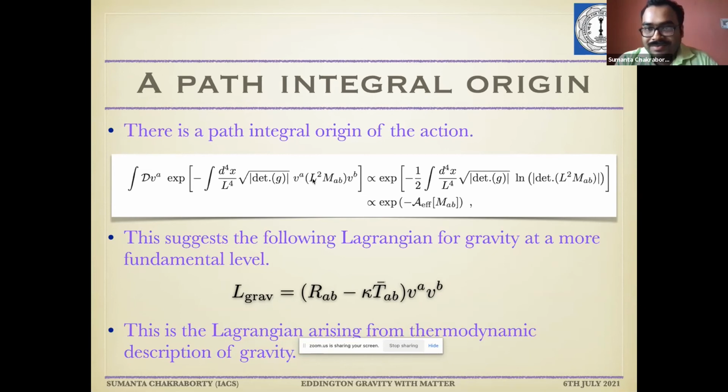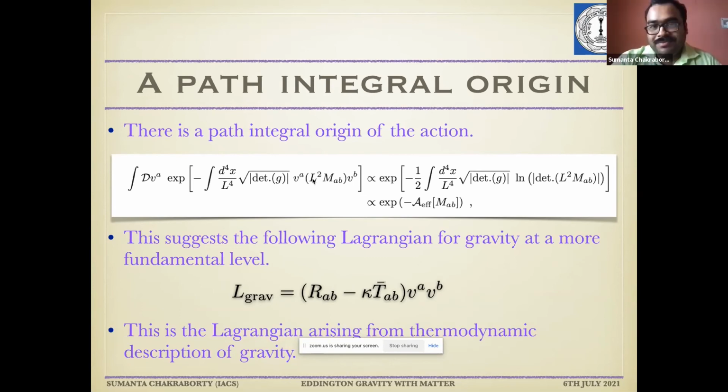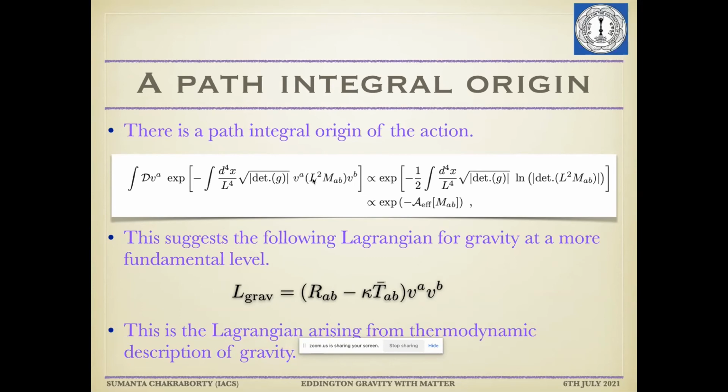Okay, Swastik. Yeah. Hi, Sumanta. Hi. So it's a very interesting talk. I was curious about one thing. The fact that you are doing a Gaussian path integral and integrating out this vector field degrees of freedom is, to some extent, reminiscent of integrating out fields when there is a gauge symmetry. So is there a symmetry angle to this? I know that it has a different mathematical structure, but I am curious if there is a gauge symmetry or some symmetry angle to this integrating out.